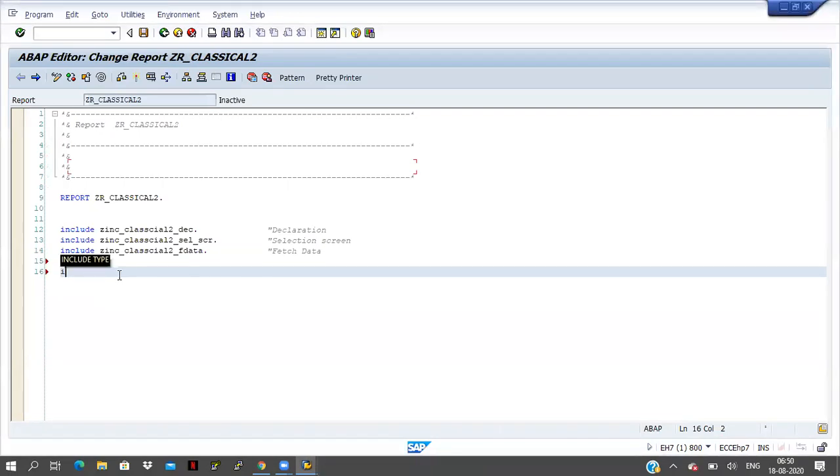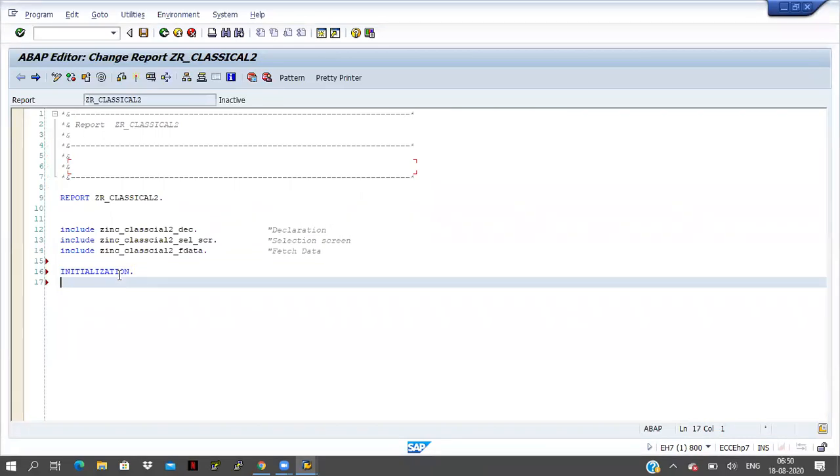So I'm writing the event name here, INITIALIZATION. After that, I am taking one perform. What is the form name here? I will take the form name like MBLNR_INIT. I am providing some default values for the MBLNR field. I'm calling this perform now, but I did not declare it till now. Perform only is there, but form and endform are not available. Now we have to create that part.